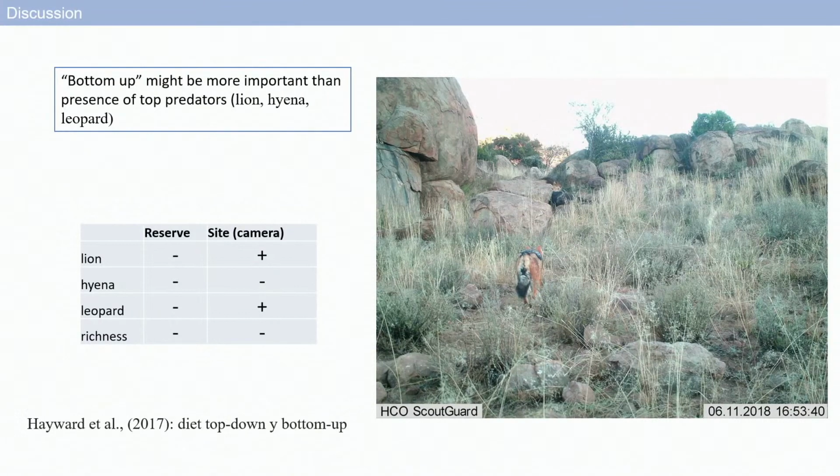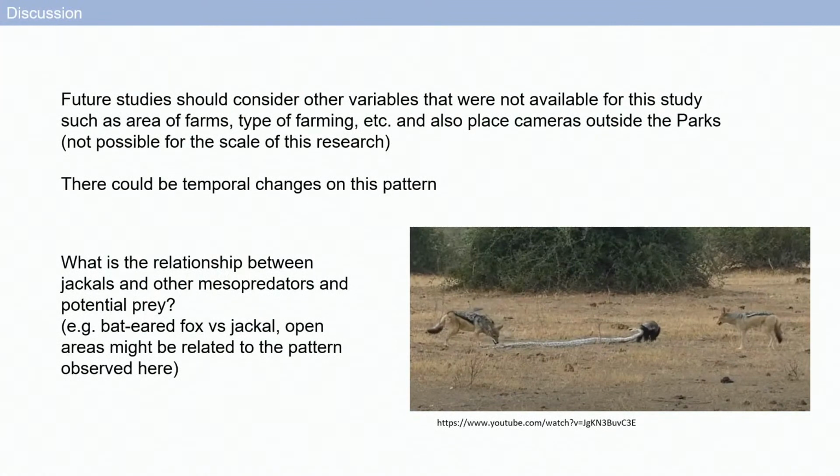This can be related to the fact that the diet of the jackals is complex. It can be influenced by bottom-up and top-down processes, so small prey, but also the presence of the top predator. So with this kind of generalist species, it's very difficult to find a particular driver of these things. And that's what we can also see in this research. We believe that it would be nice to combine all the kinds of descriptors for the landscape. We tried to find information about the farms, like area, type of cattle, and so on, but this information is simply not available. And it will be interesting also to find out the relationship with mesopredators.